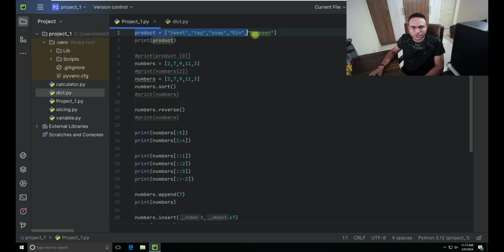So this is the dictionary, this is the list, I'm creating it right now from my side. I'll put in product names. These are the products. Now if I want to print it, I can print it and get the whole list, whatever the components. I'll put it over here so I can get it. If I'm talking about this one,